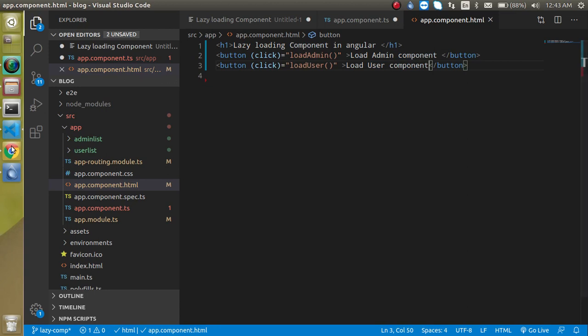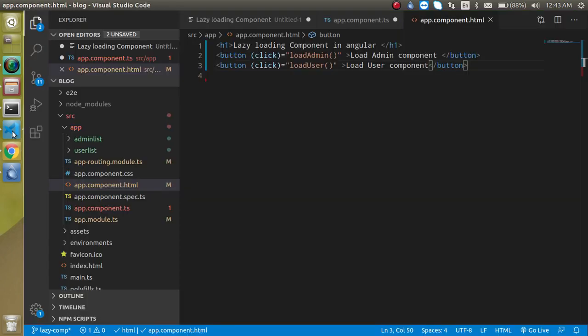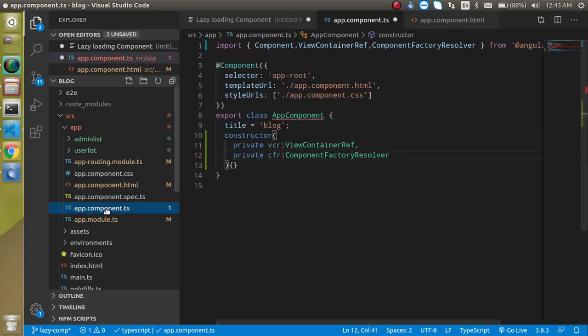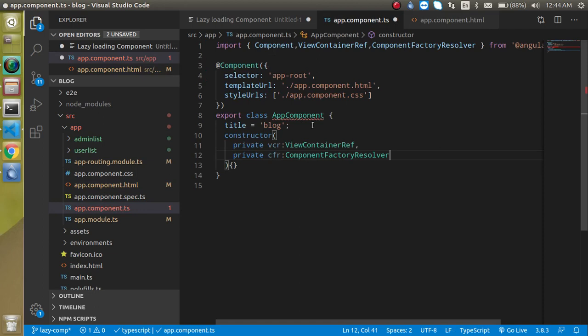Now you will see that we have two buttons here, and on both button clicks we will load the components respectively, right? So now let's go to the app.component.ts file and make two functions here. As you know, the function names are loadAdmin and loadUser. So just define a function like this, and another one, and here you can write load